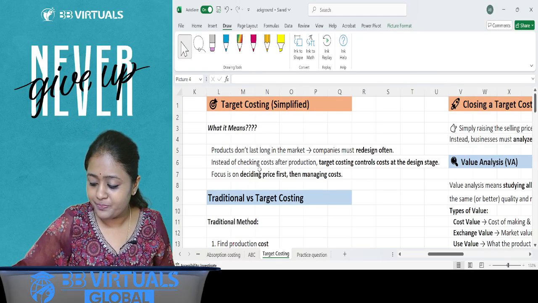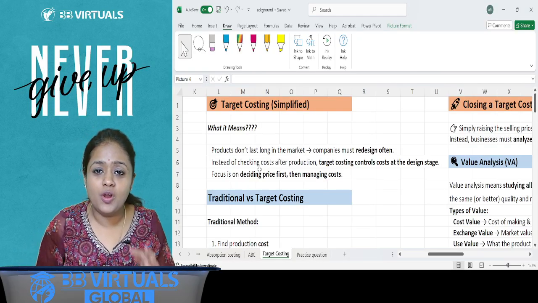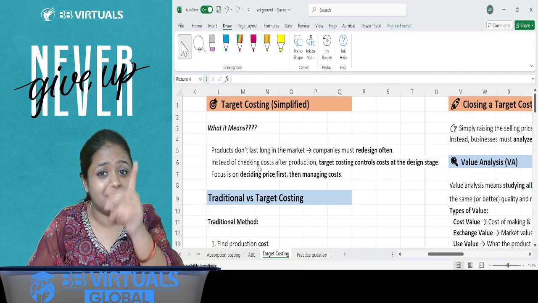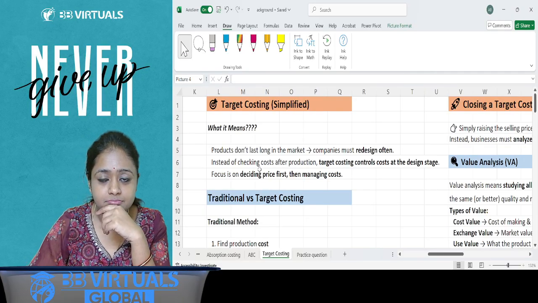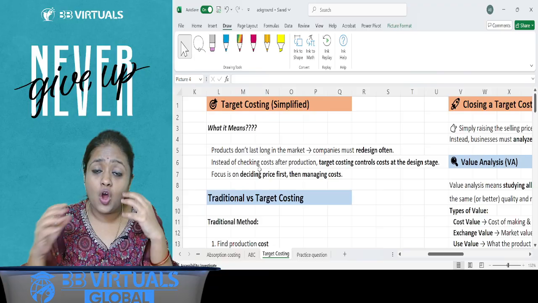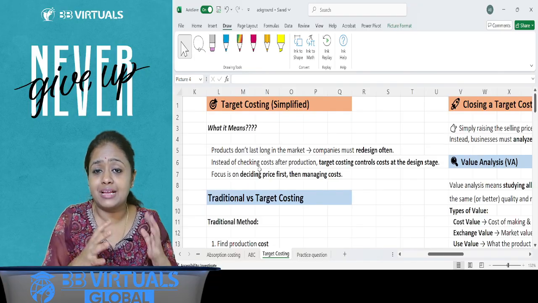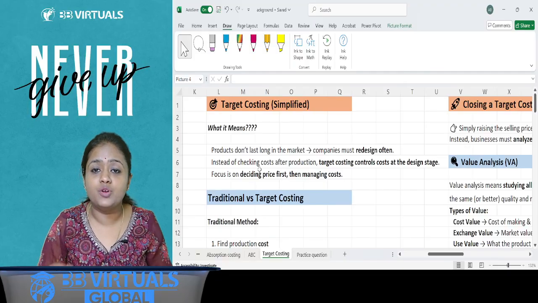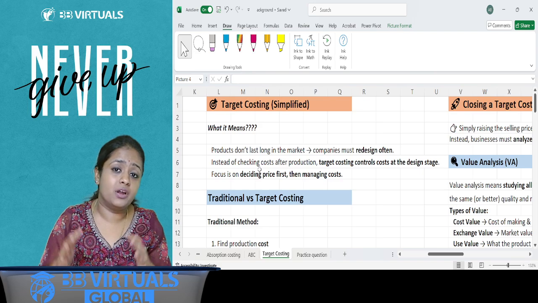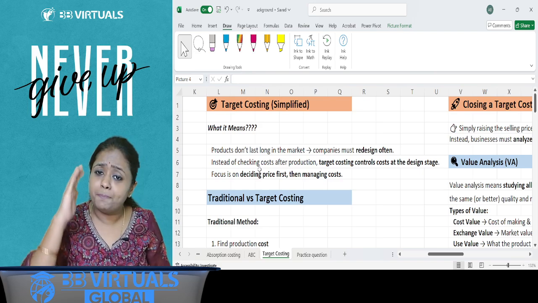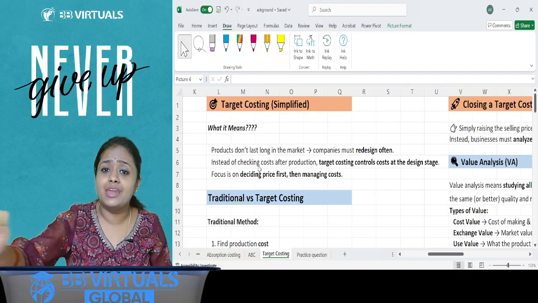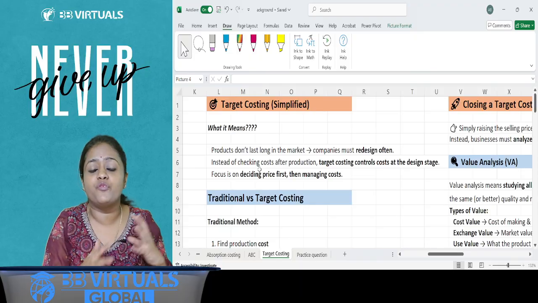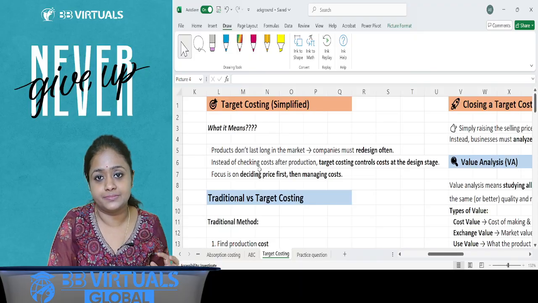Okay, now you all know that even a phone like iPhone doesn't stay for long in the market, but still it earns profits. So how do you think they earn profit? Though we will cover it more when we do life cycle costing tomorrow. But one thing that you have to remember is, when the products are in the design phase, companies know that we just have 1 year to earn the desired profits. So why put pressure on margin if we can reduce our cost?